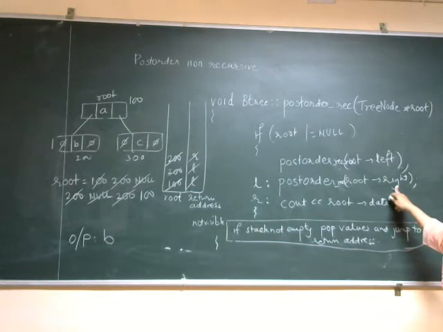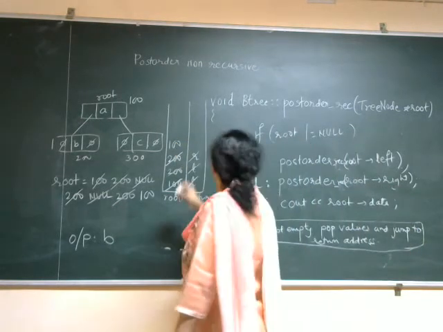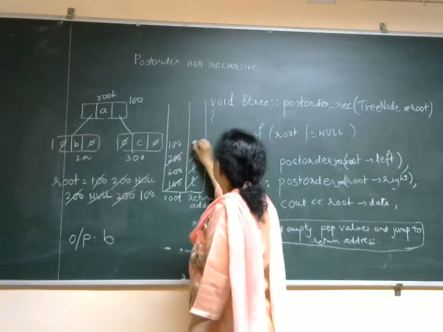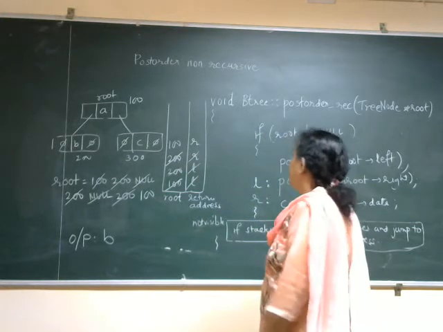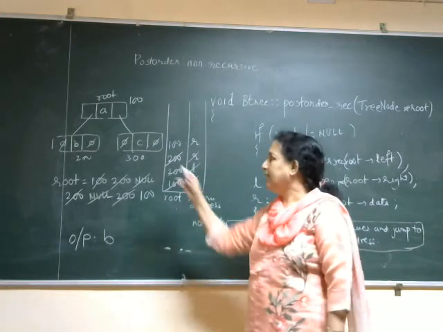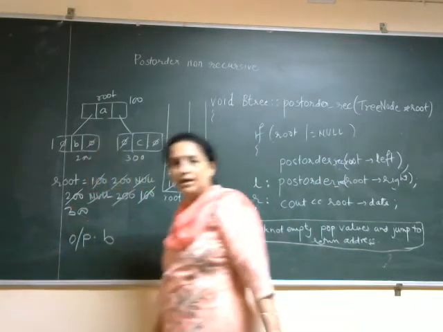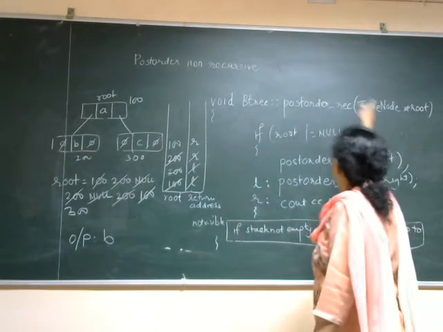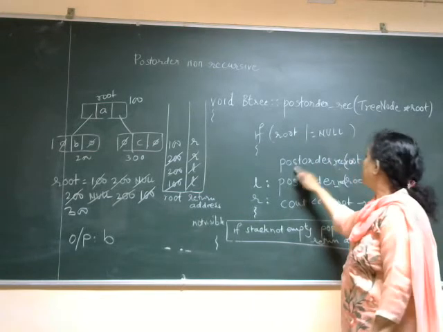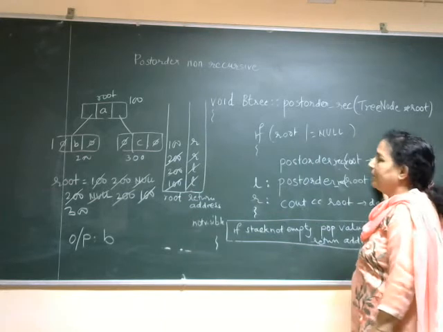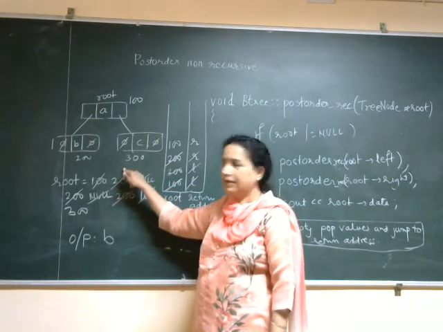But before that, I'll push the previous value inside stack, that is 100 with return address, that is 100 with R. I'll put inside stack and then I'll change 100's right, that is 300. So now my root is 300. Okay. Now I'll come back to this. I call this function. So now my root is 300. Root is null? No. So post order non-recursive root pointer left. Root left. So root is what? 300. Left of 300. That is null.